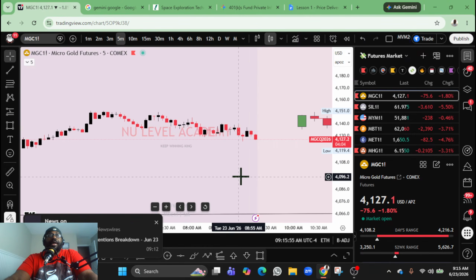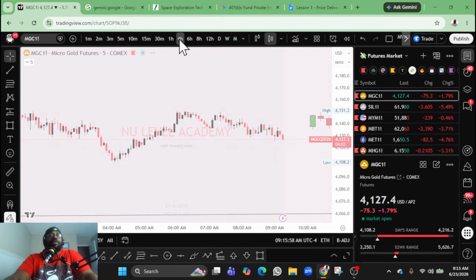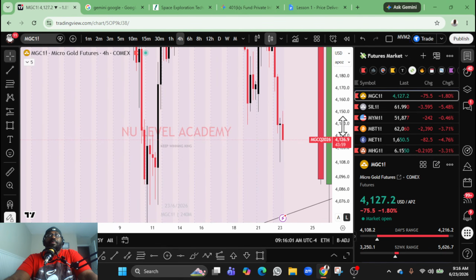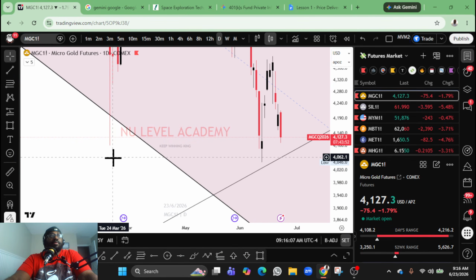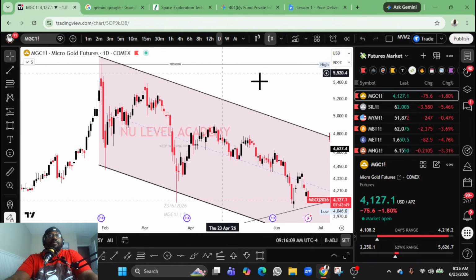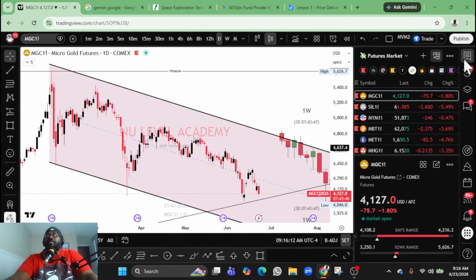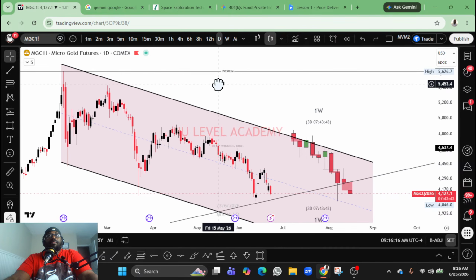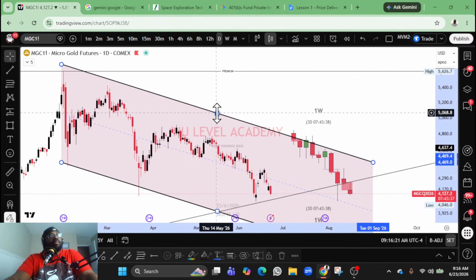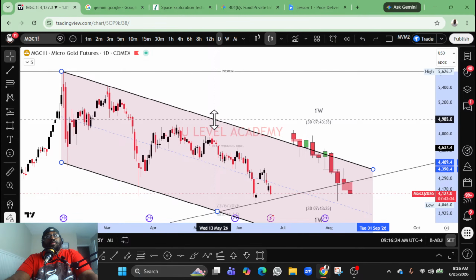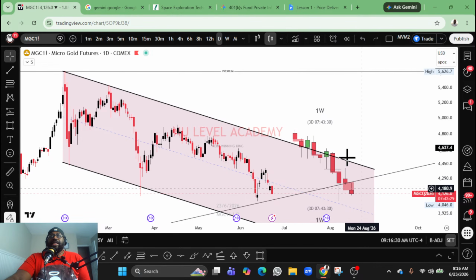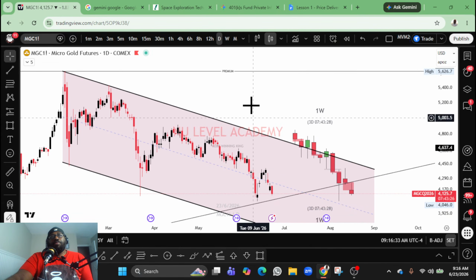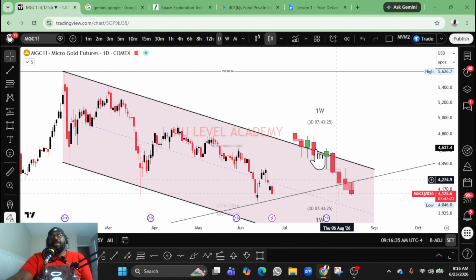Look at gold on the pullback. Y'all remember when we were taking a look at gold? Let's go up here to the 4 hour on gold. Well, we could just go to the daily overall. Get a reset. But you see what's happening with gold so far. Obviously, it's been trending down. This is the weekly right here. We're on the daily, but we're looking at the weekly candles. That's right here.